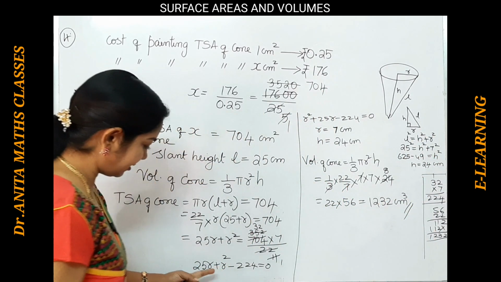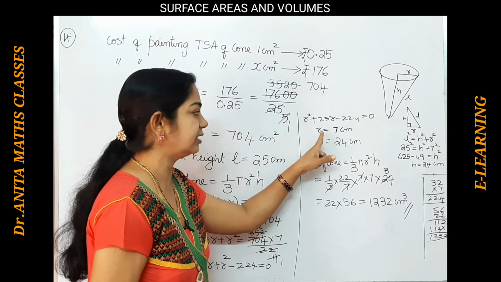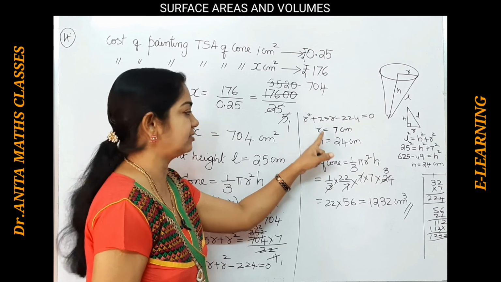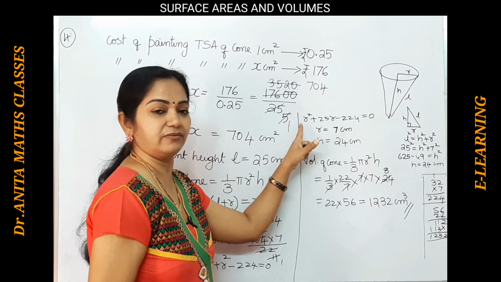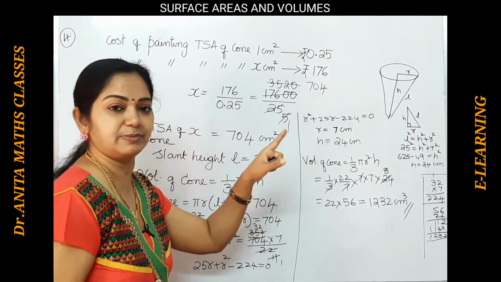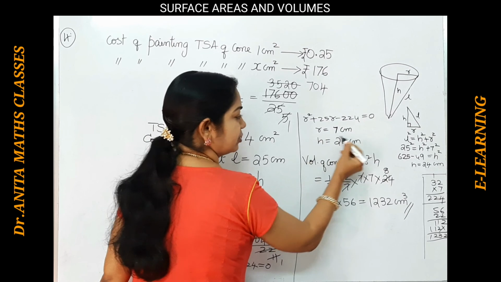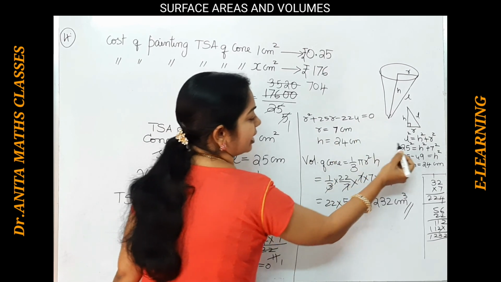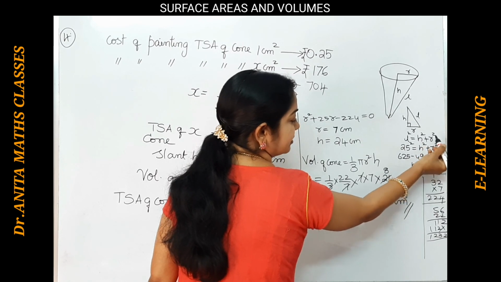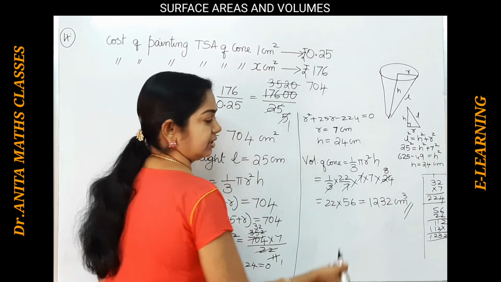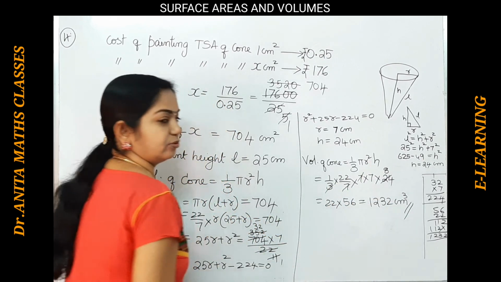So once again I repeat, this is a quadratic equation. Solving the quadratic equation, you get the x value. Here the x value is r. Either way you can solve. You can solve it with the splitting the middle term method or minus b plus or minus under root b square minus 4ac by 2a. Likewise, you get the r value. From the r value, substitute in the Pythagoras theorem, that is L square is equal to h square plus r square, you get the h value. The h value substituted in the volume, so you get the volume of the cone.